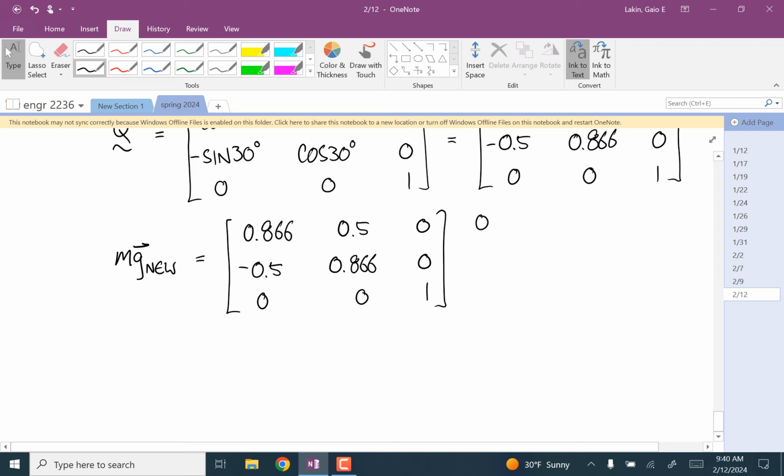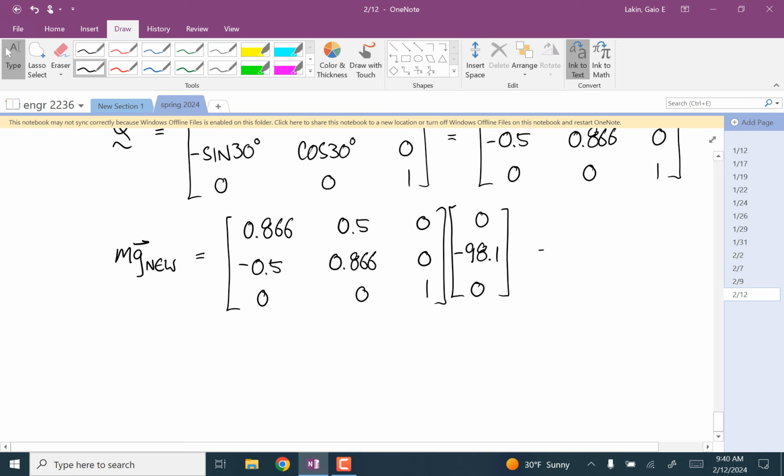That's 0, negative 98.1, and then 0 for Z. And you get negative 49.05,